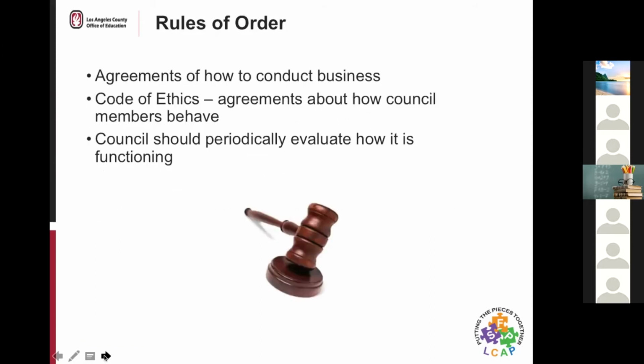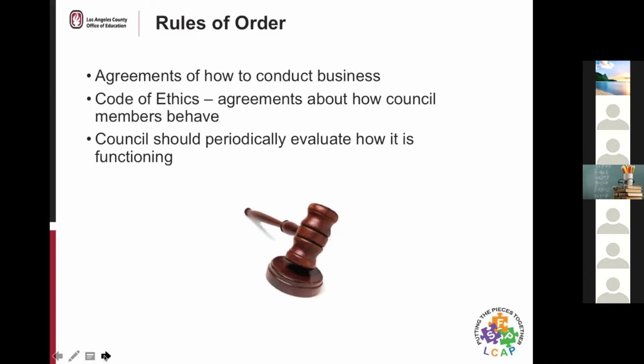Another thing that we'll look at is other agreements that need to be in place, under rules of order. To be effective, a council needs to know how they're going to conduct business. What are the rules they're going to follow? How do we proceed? A lot of councils follow Robert's Rules of Order or some variation of that. Sometimes people have taken Robert's Rules and parsed them down to make them easier to deal with. The rules of order should support the work of the council, and therefore they need to be clear and not overly burdensome, but the council needs to understand what the rules of the game are, how we operate here.